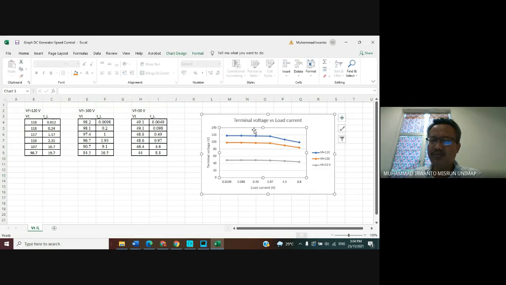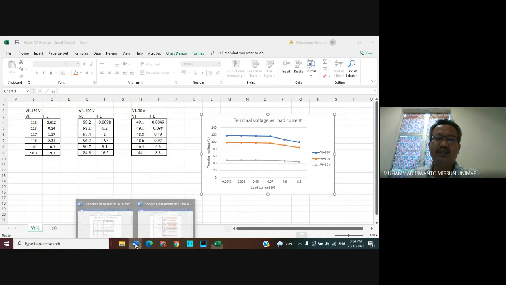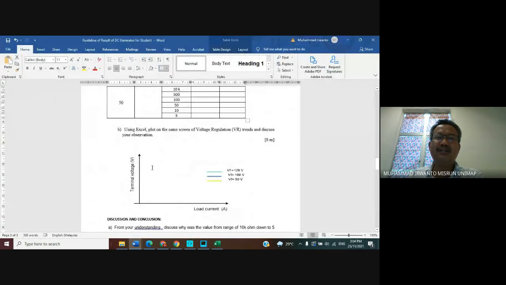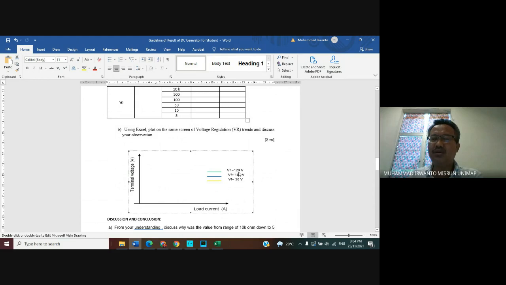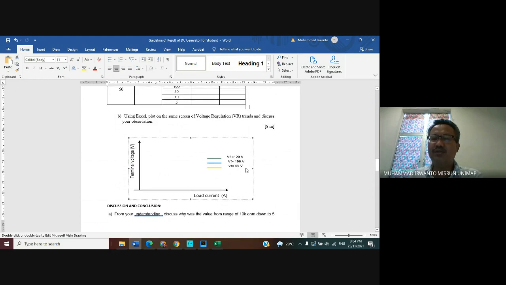Draw or plot this data in one display. So we have 3 different curves for the different values of field voltage. Do it here, in one area, in one display, with 3 curves, for the field voltage 120, 150 volt. Then discuss.